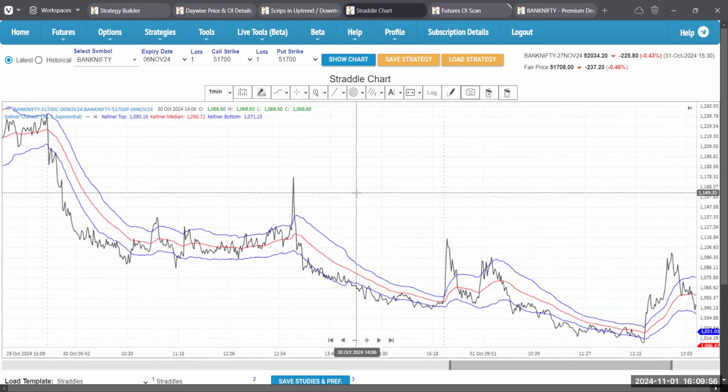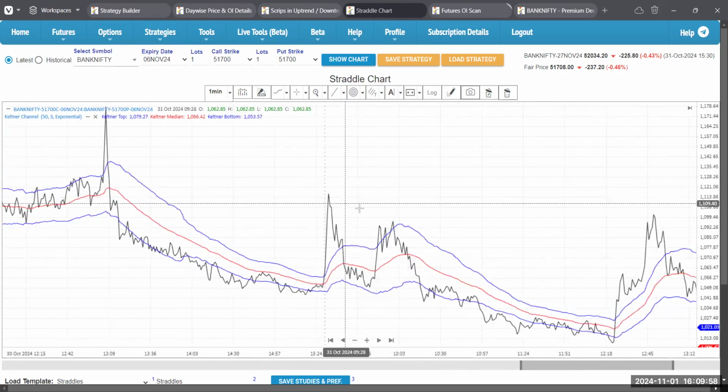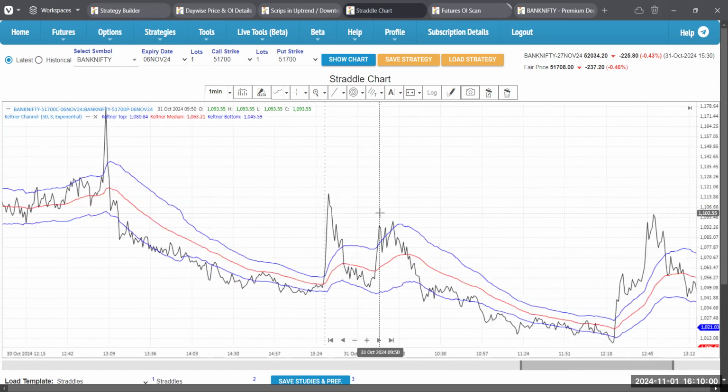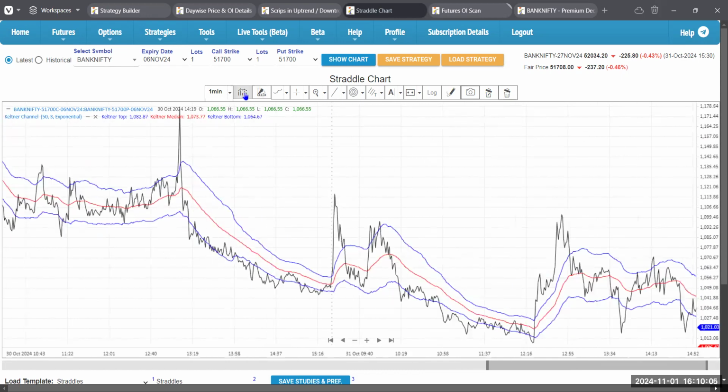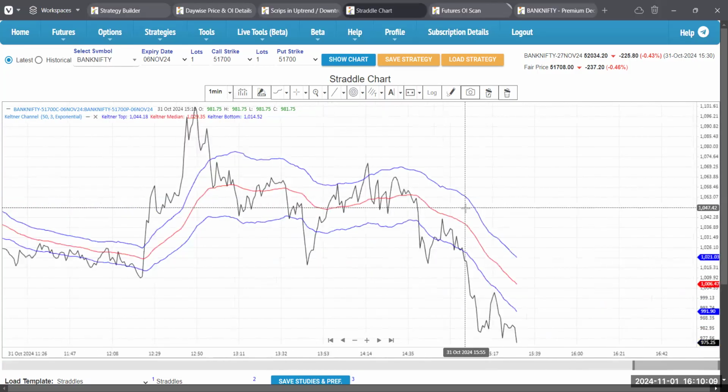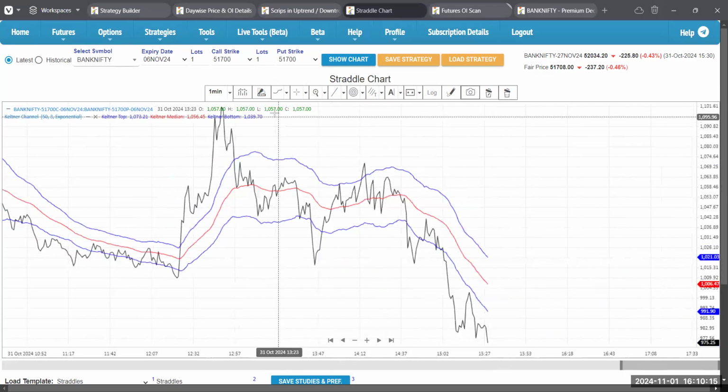ओके सो ये जो ब्लैक लाइन है, ये केल्टनर के ऊपर का जो अपर ब्लू लाइन है, जब इसके ऊपर निकलता है तब हम बाइंग के लिए प्रेफर करेंगे, राइट सर? करेक्ट, बराबर। ओके सो जैसे कि मैं एट द मनी प्रीमियम अब देख पा रहा हूँ, स्ट्राइक प्राइस 51700 का है सर, राइट सर? सो उसी के लिए हम इन द मनी 51600 प्रेफर करेंगे, बाइंग के लिए, राइट सर? राइट, कर सकते हैं।